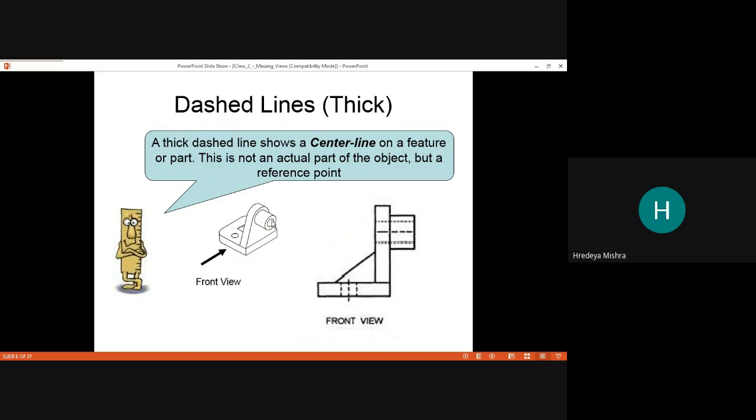A thick dash line, or we can say chain line, a thick chain line we call the center line, and this is not a part of the component or object, but it is important for drawing purposes. So this is a reference point. See, this is our center line.